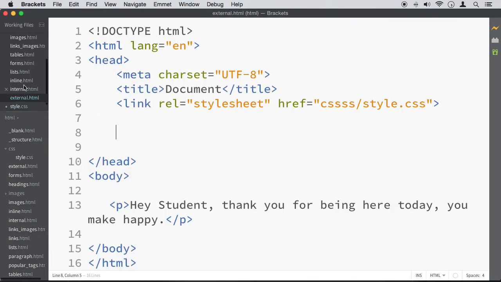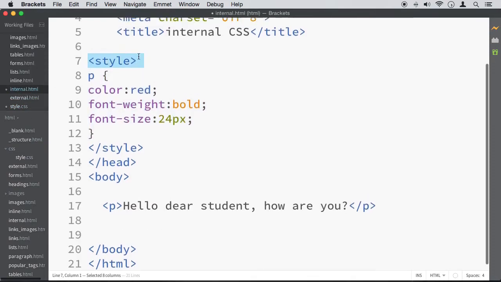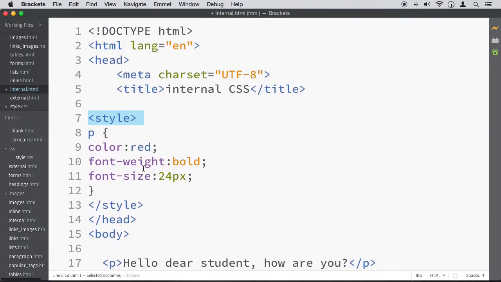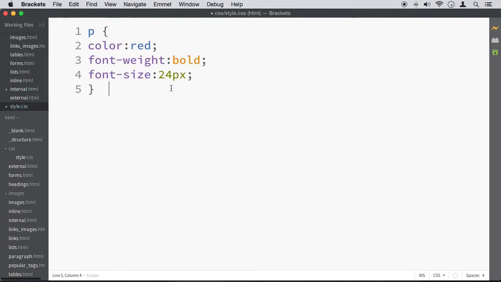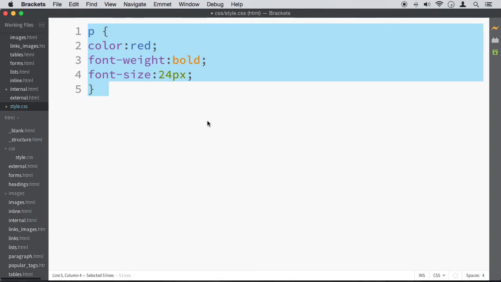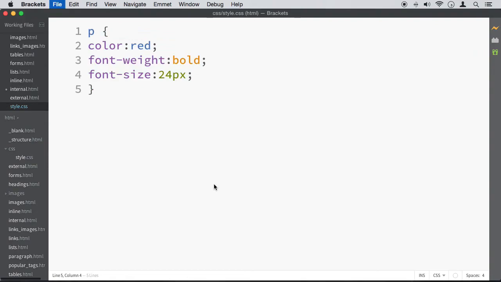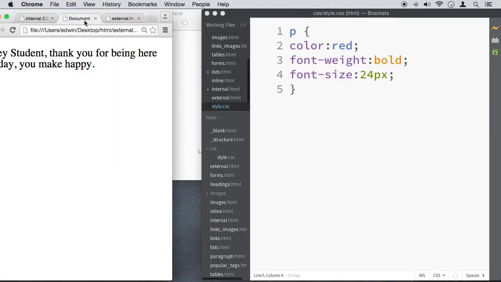The reason why we have these style tags in the internal one is so that we can embed styles and let our document know that we are going to be doing styles in there, because this is an HTML document, so we need to let the browser know that we're doing some CSS. But here the browser already knows that this is a CSS page, so we don't need to tell it, because we have a .css extension. So let's go back to it, and now if we go to our external page and refresh,